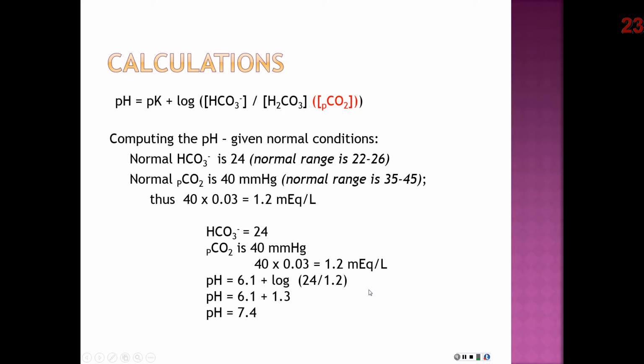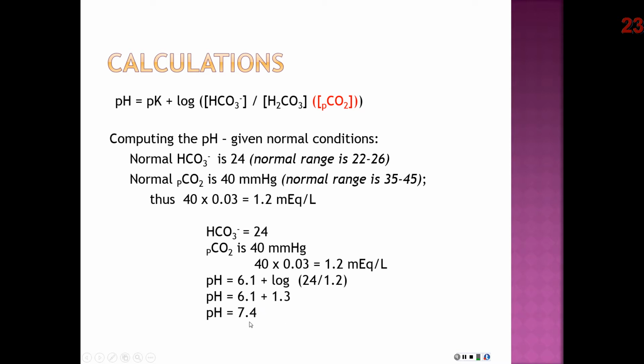That's the cleanest way to do it on my calculator. You can still do 24 divided by 1.2, get 20, and then hit log of 20 and leave out the parentheses. Either way works. It depends upon what you're more comfortable with. I like sometimes to do a math problem where I can just walk straight through the way it's written. Either way, once you get the 1.3, you then add to it 6.1, and you get a pH of 7.4,